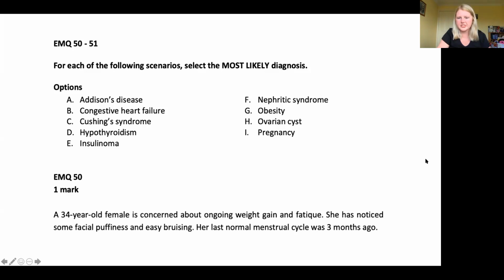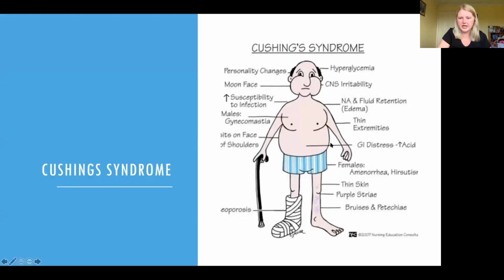So as opposed to the previous question, it is quite similar in terms of the symptoms that we've got going on, but noticing the impact on menstrual cycles as well is particularly useful information in females. And so again,